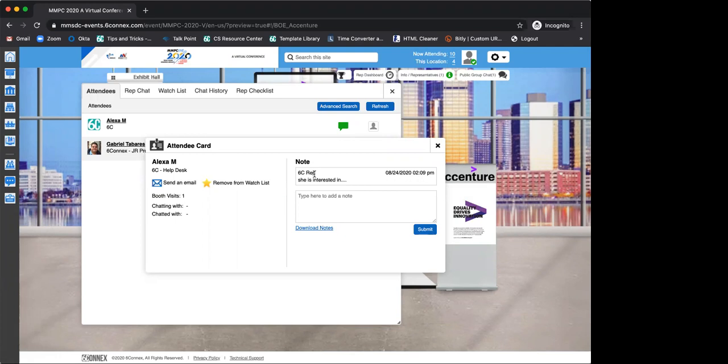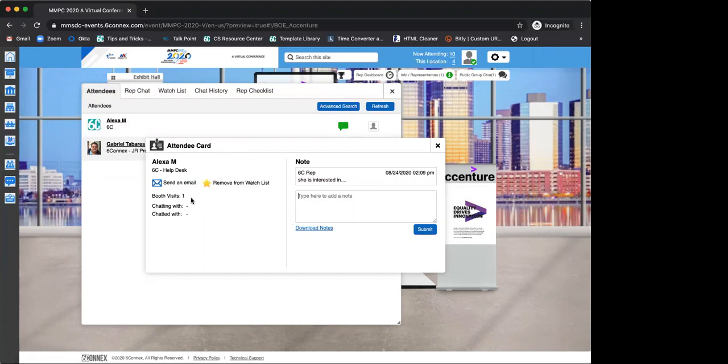It's gonna show your name at the top. Right now it says 60 rep because that's the name I put on my account. However, it's gonna have your name in here. So if you are more than one rep attending this booth, the other ones are gonna be able to see the notes and who added those notes. You can add as many notes as you need. And you can download the notes. If you want to download them after the session, you can do that after the live date. The first day, for example, anytime that you want to download this, just go ahead and download from here. This is the place where you're gonna get those notes or those reports.